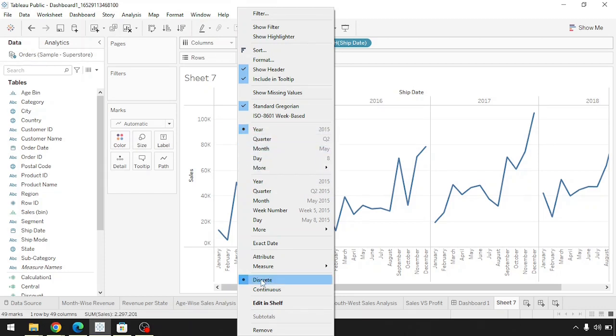And you can also see the discrete button is on while this visualization is on. And the year is on or checked for this visualization because we are using this discrete type of visualization. And now if you were to change this to year